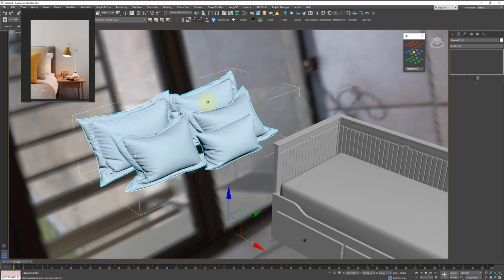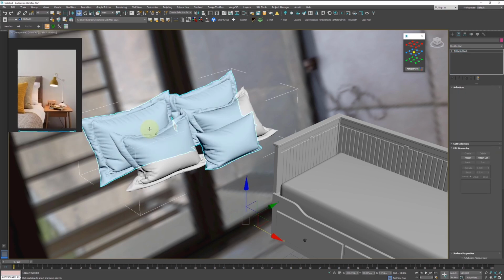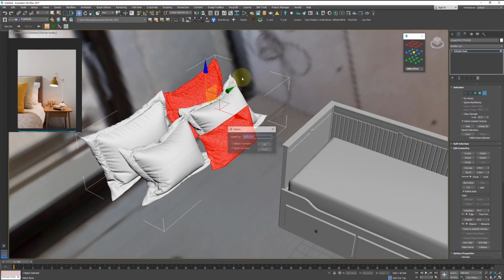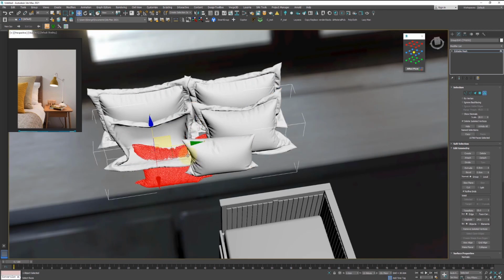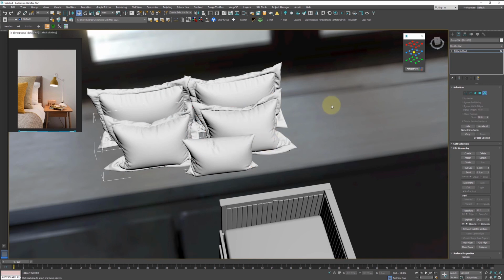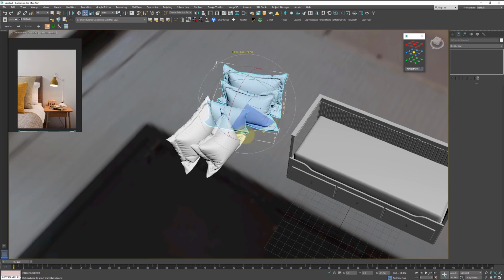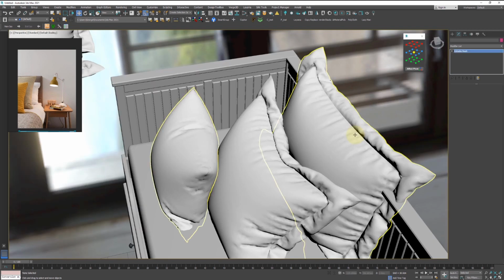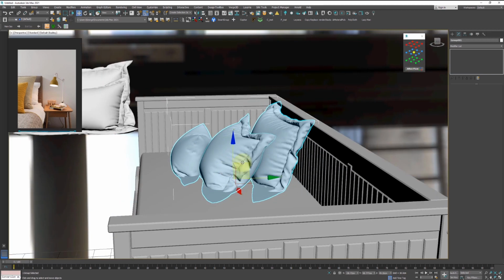So I'm going to ungroup everything by pressing ungroup here, and I will detach most of them. Those pillows are all attached into one massive object, and I don't want all of them, so I will detach all the pillows. I will put the gizmo at the bottom of the object, and I will reposition those pillows where I want them. As you can see, I'm going to make a group, and I will scale down those pillows a little bit,